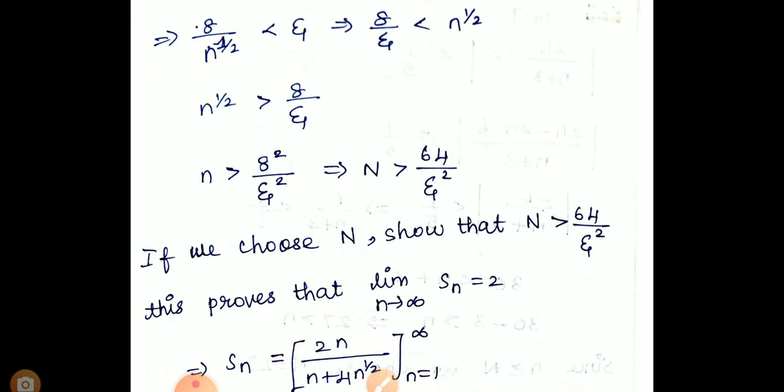converges to 2 only, that is, it has a limit as 2 only. If you are applying the value, it has a limit as 2 only in that Sn term. They are giving that n equals 1 to infinity. We can apply 1 to infinity also, but it has a limit till 2, because we are having that 64 by epsilon squared. So n is greater than 64 by epsilon squared. Since epsilon is a very small value, obviously n is greater than this value, so it has the limit as 2.